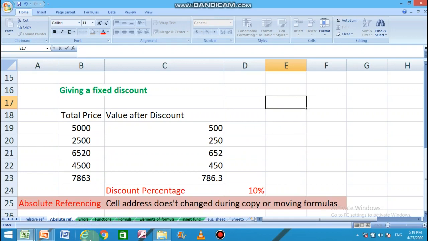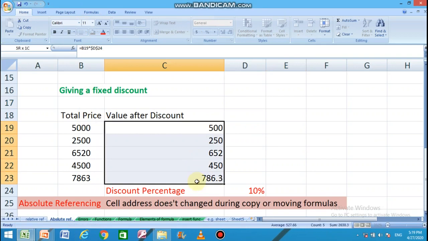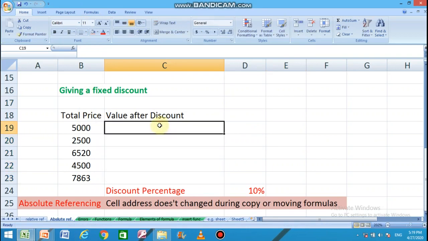For example, let's see, we have to find out a discount value on this total price, but the discount value is the same, that is 10%. It means for all these cells we have to find the discount at 10% only.